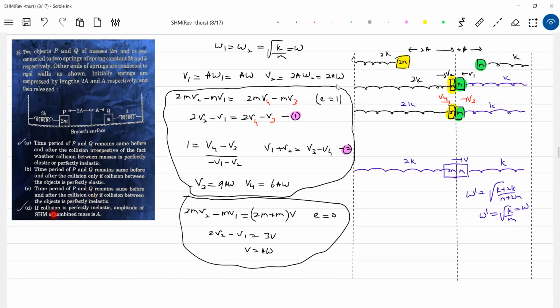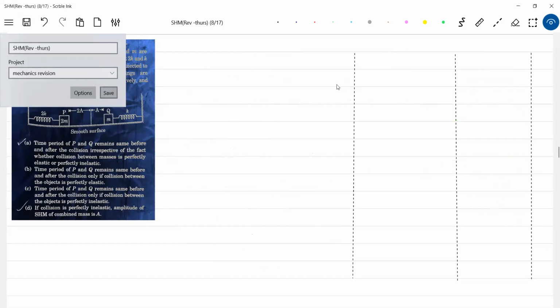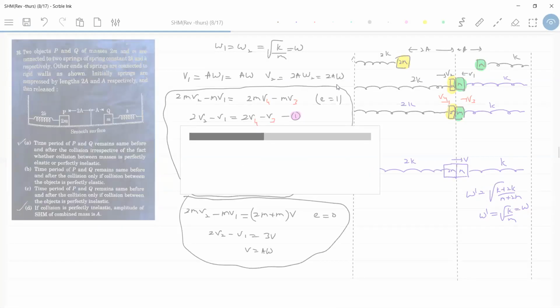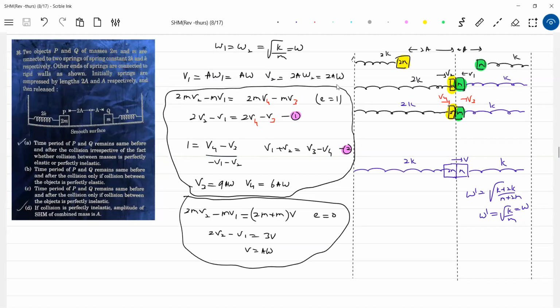Then if collision is perfectly inelastic, the amplitude of SHM of combined masses, I think we have information here, will be A only. So option D I just covered. For that purpose I brought it here. This can be asked, so just be careful in advanced exams. No need of a diagram. You could have solved it just by seeing the